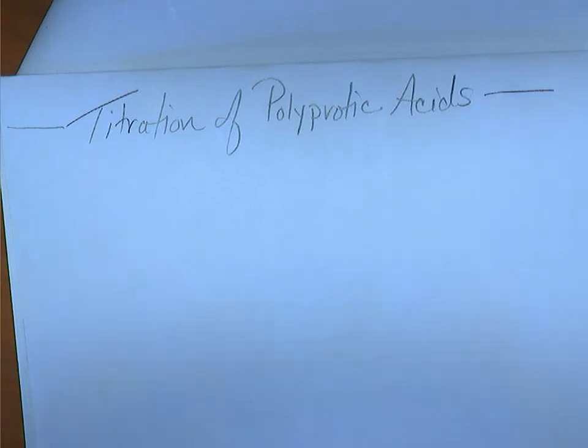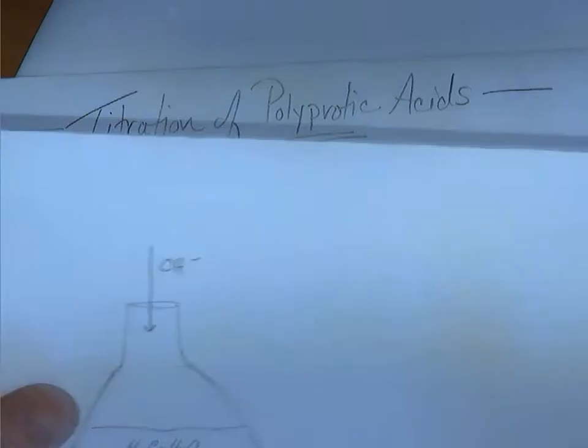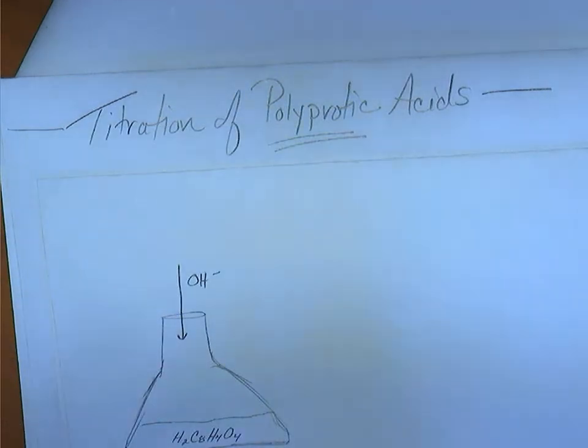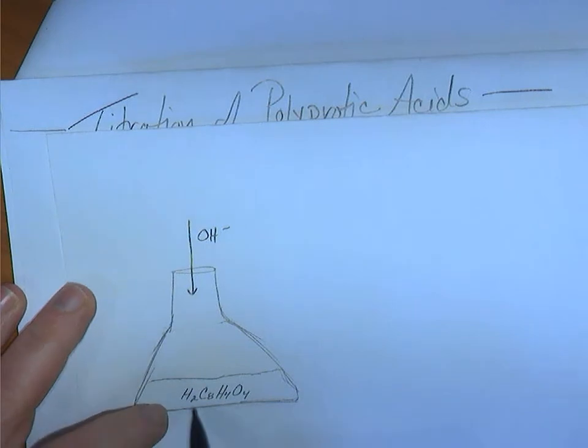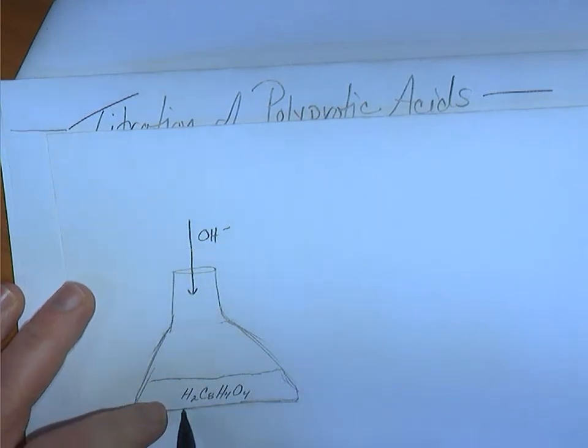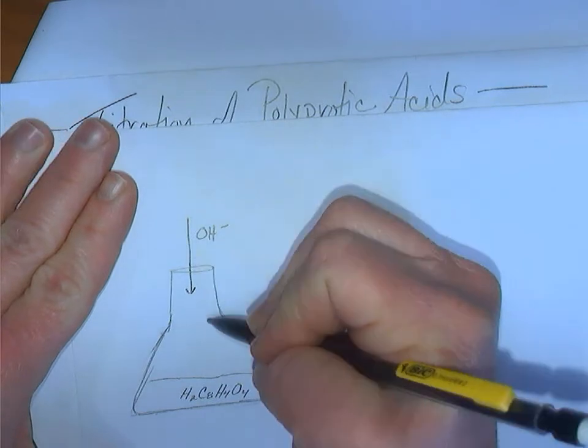This video will lead us through a discussion of the titration of polyprotic acids. If we just conceptualize what's going on here, we're beginning, for example, the example problem that we'll work with deals with this diprotic acid. So it will be the major species to begin with, along with water, as we are titrating it with hydroxide,